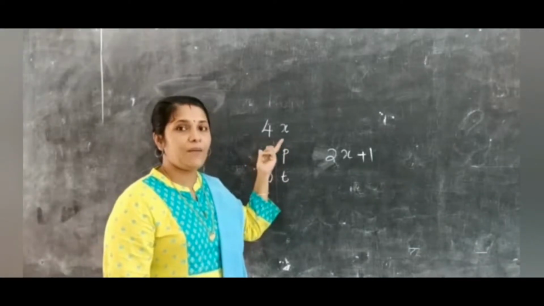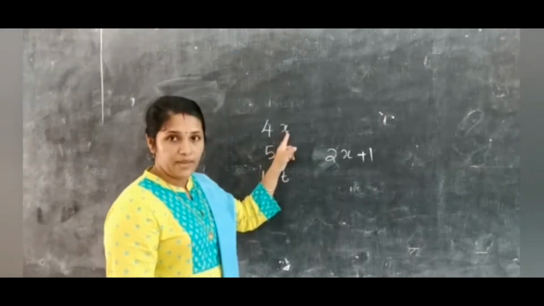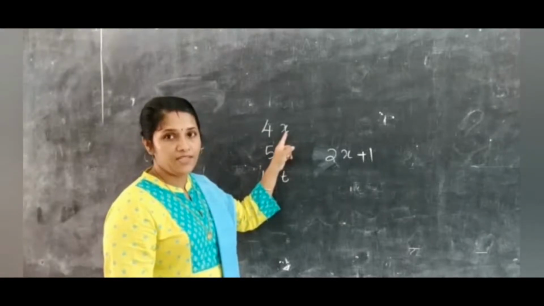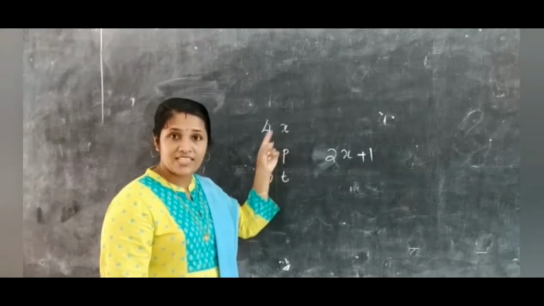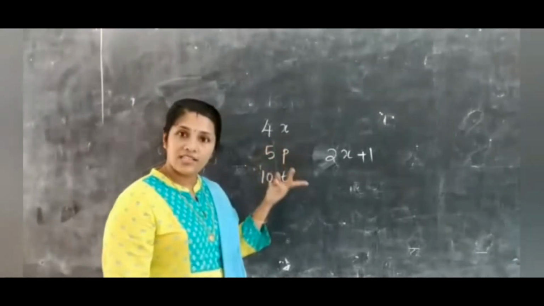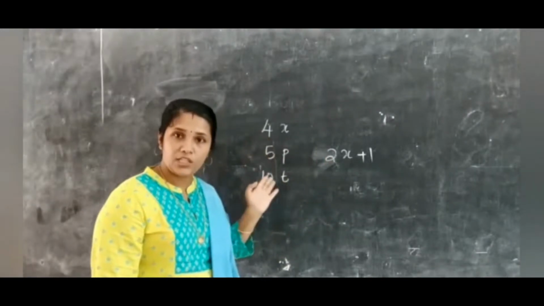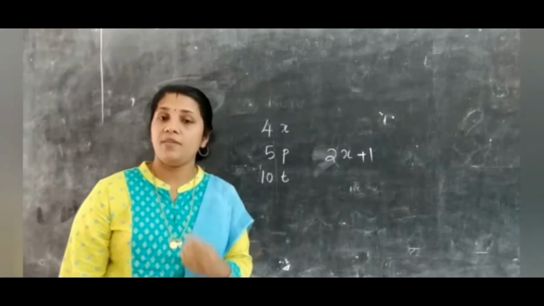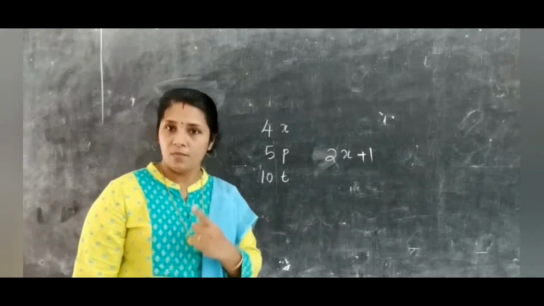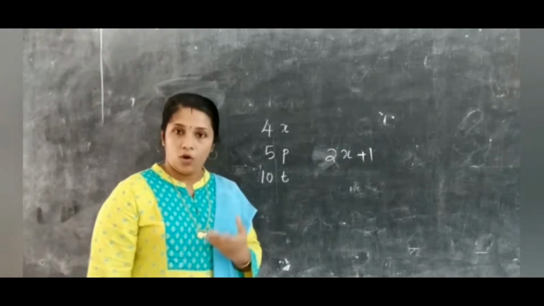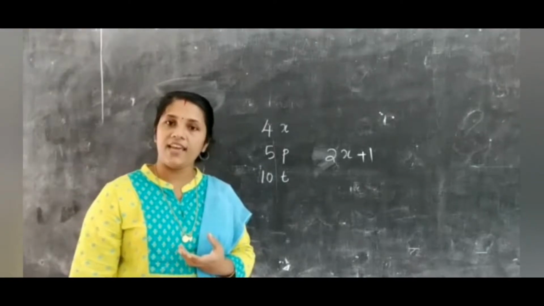When they combine together, it forms a variable, because based on the change of the variable, if x is 1, the value is 4. If x is taken as 2, the value is 8. So, a combination of constants and variables together, we can say that it is a variable. Remember the point? A combination of the variable and constants together, we can consider as a variable.